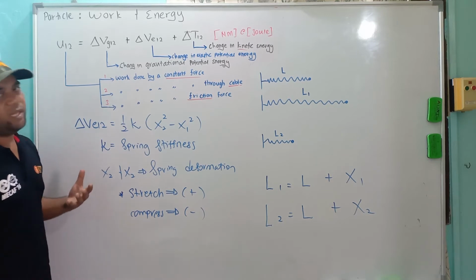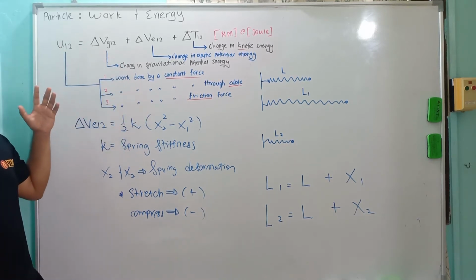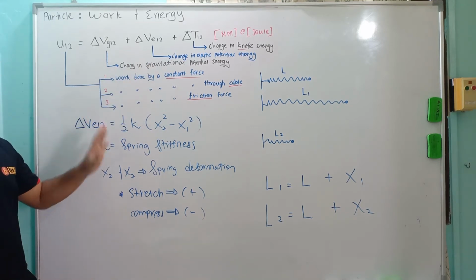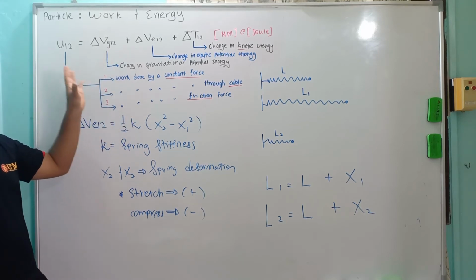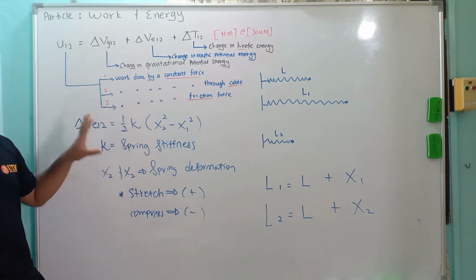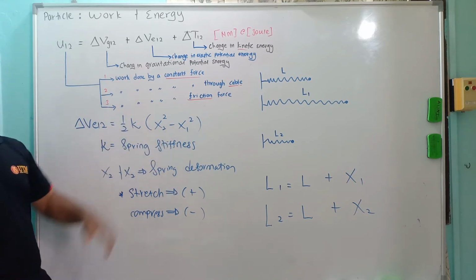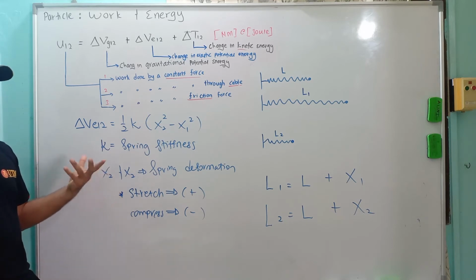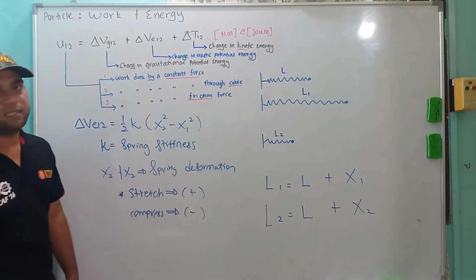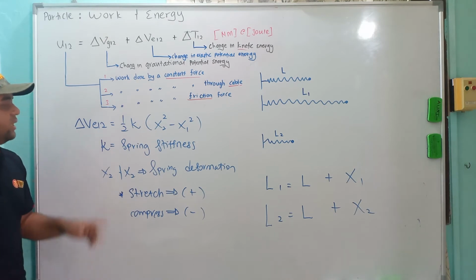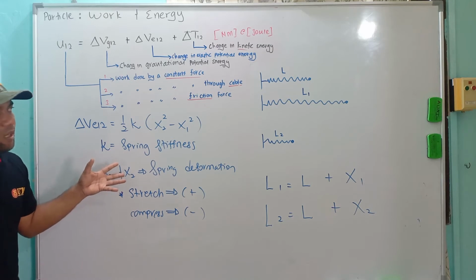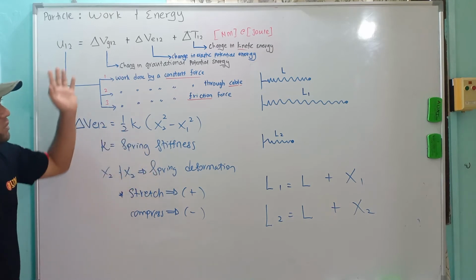In my opinion, in this chapter, the change in elastic potential energy is the part that is quite tricky compared to the others, which are straightforward. It can be tricky to calculate the values of x1 and x2, because you cannot see these values directly from the figure. You have to calculate them from an equation, and you have to really understand the problem. So what is k? K is the spring stiffness. Normally it will be given in the question, or if not given, you have to calculate it from the other components.